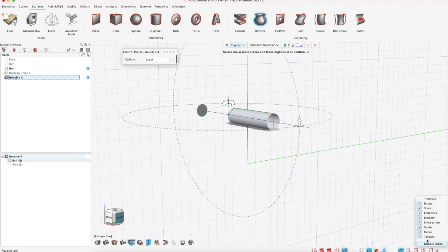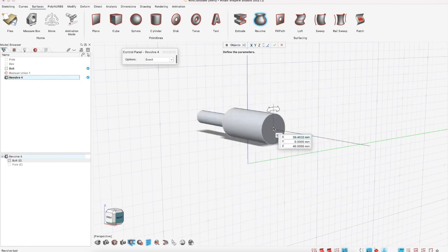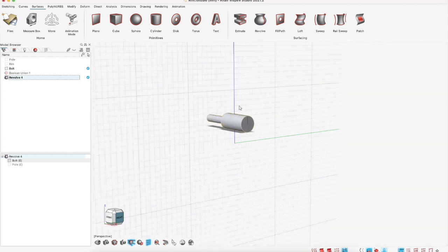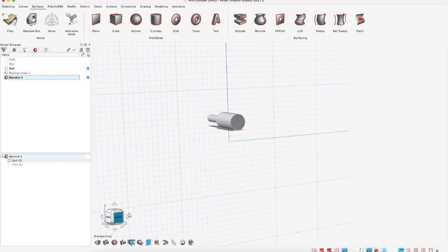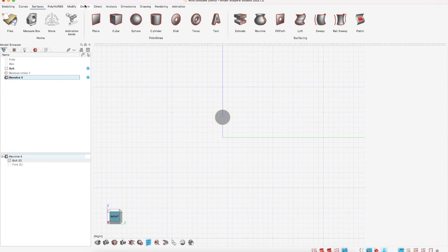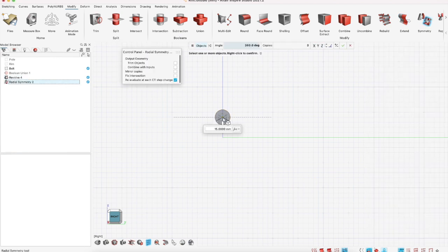enable snaps again, and I want to change the center of the revolution to be this. And now I have one so to speak bolt, and I want to make a copy of this, and then I would like to have 5 copies around the origin. So let's go to the modify ribbon, let's go to symmetry again, click it and move it down,